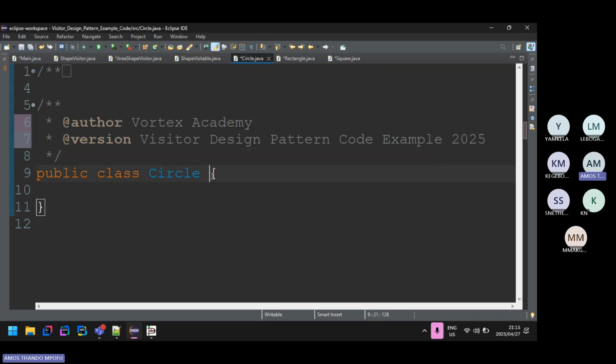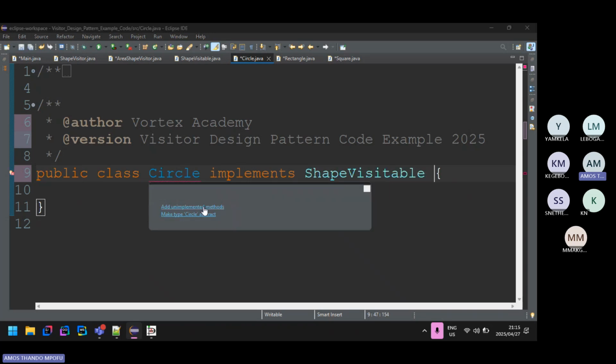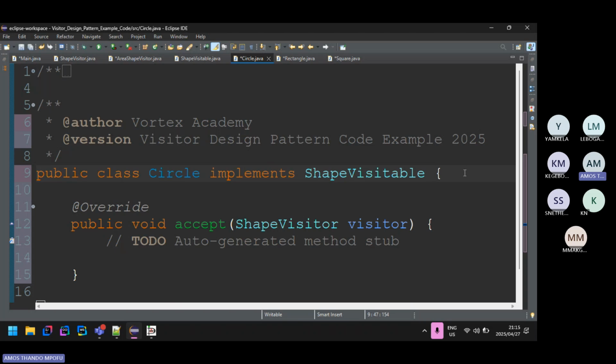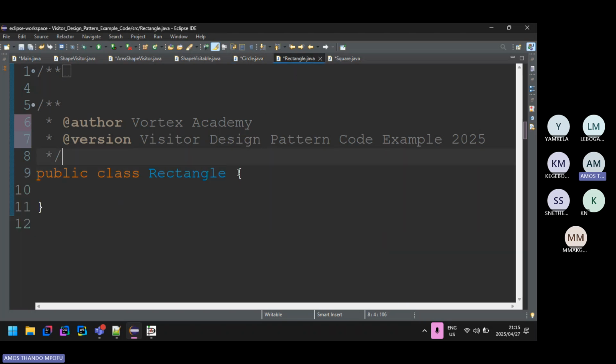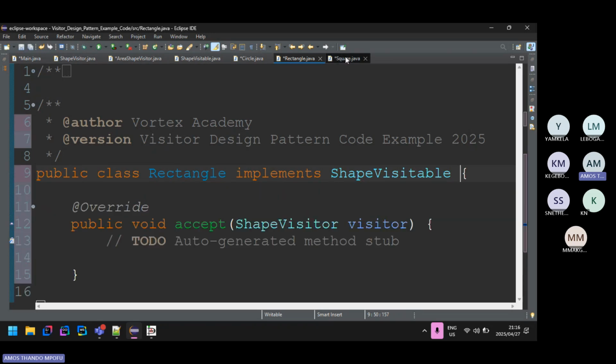And then all the concrete visitables need to implement the abstract visitable, which is shape visitable. So implements shape visitable, because that's the shape that we're able to visit. It's a circle. And then we do it for all the other shapes. Yeah, it's actually not too bad. You just have to study, that's all. So shape visitable, and then add, and then here